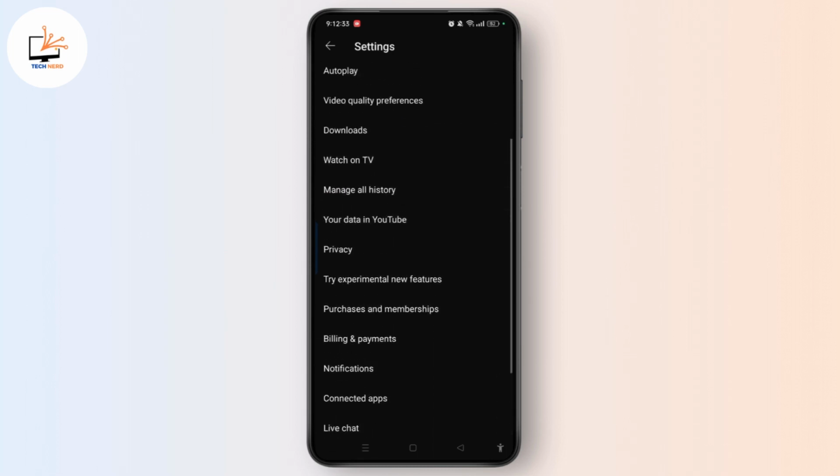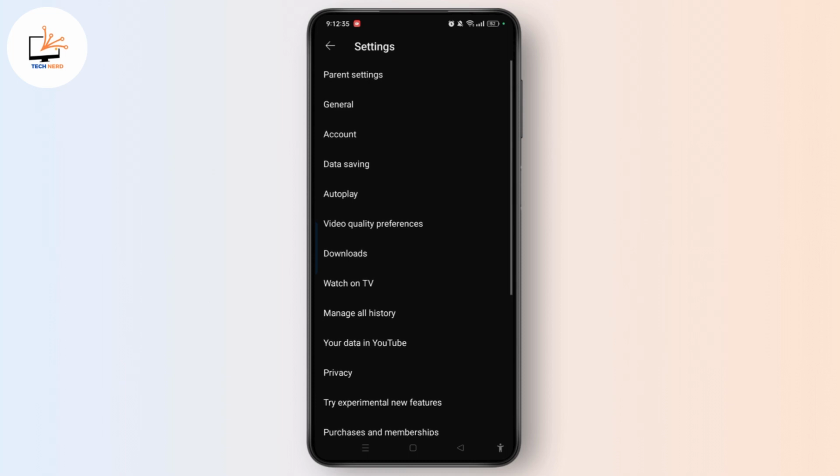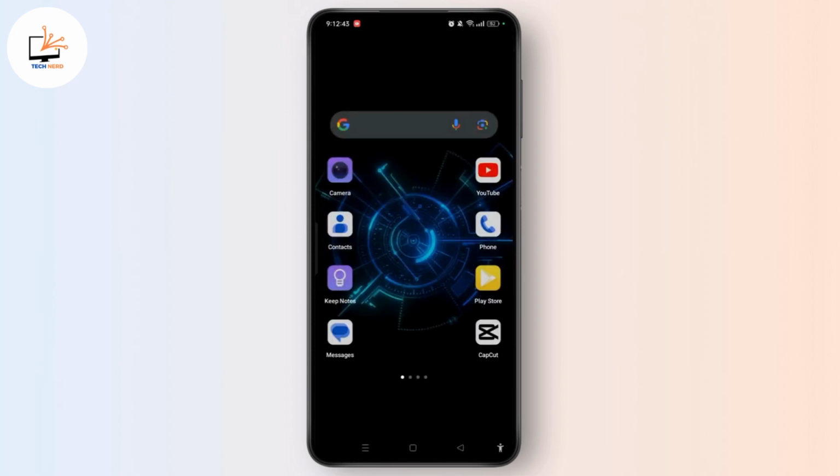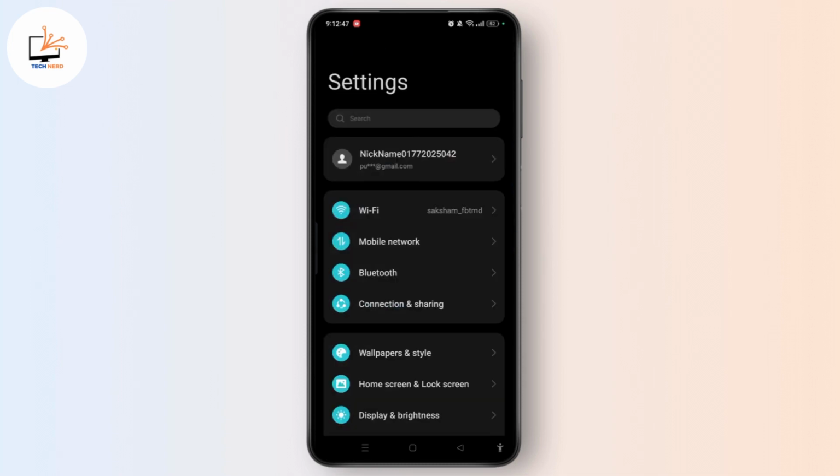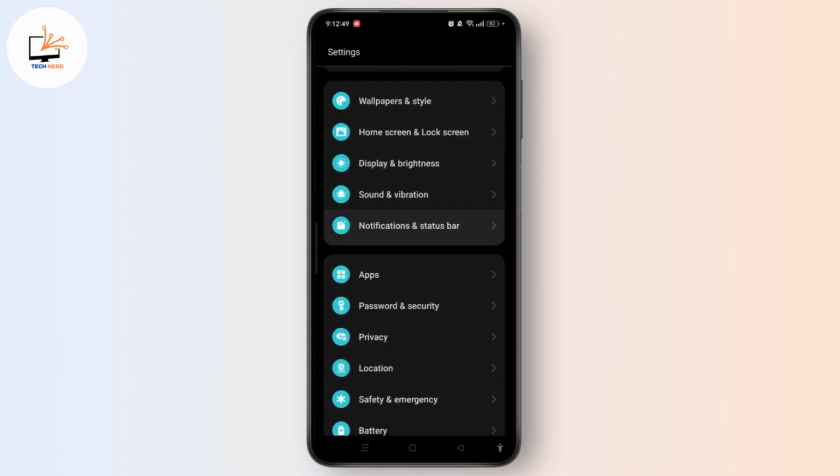When you see here, there is no language option, so it is not possible to change YouTube display language directly from this YouTube application. So let's move out of it and go to the settings of your device. Then after that, you need to scroll down